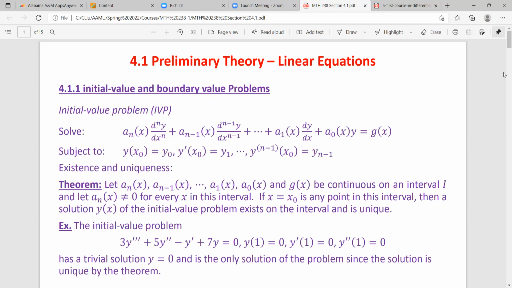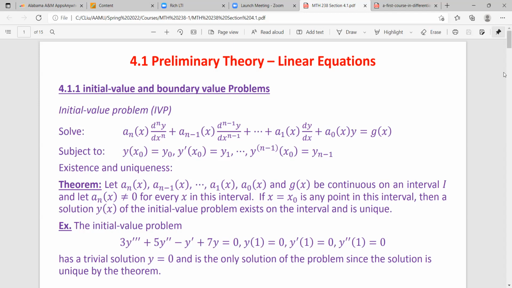this differential equation satisfies all the conditions in the theorem. So according to the theorem, the initial value problem should have a solution, and the solution is unique. The initial point we give is at x equal to 1. So we just give the initial value of the function, y equals 0 at x equal to 1, and the